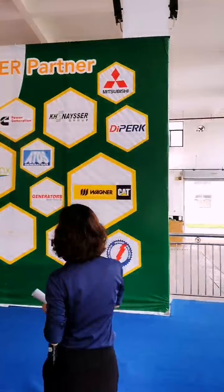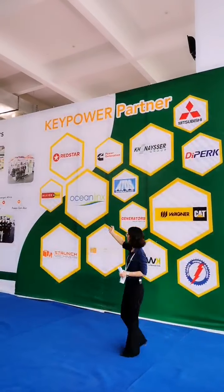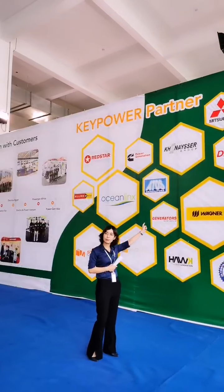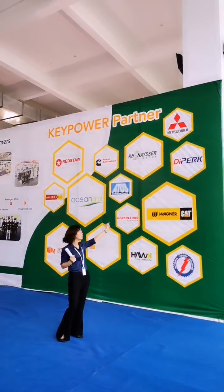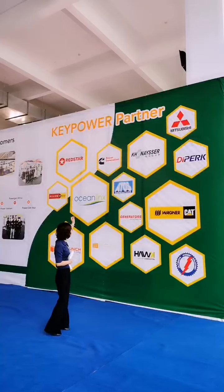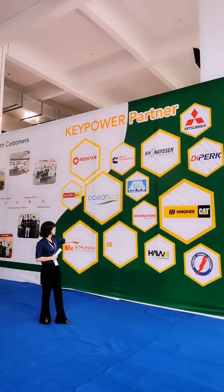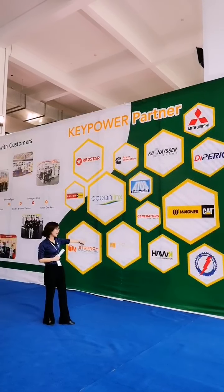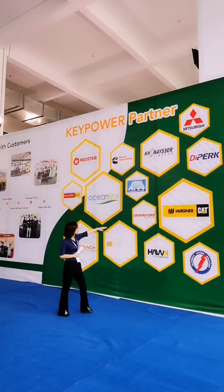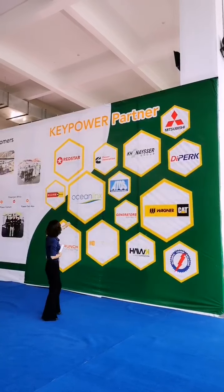Here we can see we supplied our KEYPOWER load banks to the Caterpillar dealer, Caterpillar rental business, and also Deepak, which is quite famous in South America, a Mitsubishi dealer, a Cummins power generation dealer, and Precision Industry, a famous manufacturer in Dubai. This one is in Saudi Arabia, this one is from Australia, and Atos is from Egypt, and we also